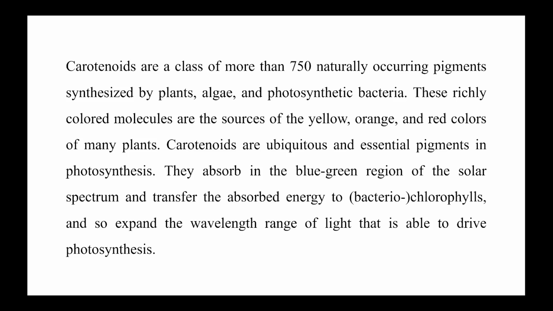You must have seen there are leaves that are red in color. That is actually because of the presence of pigments like carotenoids, which can give yellow, orange, or red colors to many plants. These pigments are present in all plants in smaller or larger quantity. If present in larger quantity, it makes the plant appear reddish in color. And these pigments are present basically to widen the range of wavelength of light